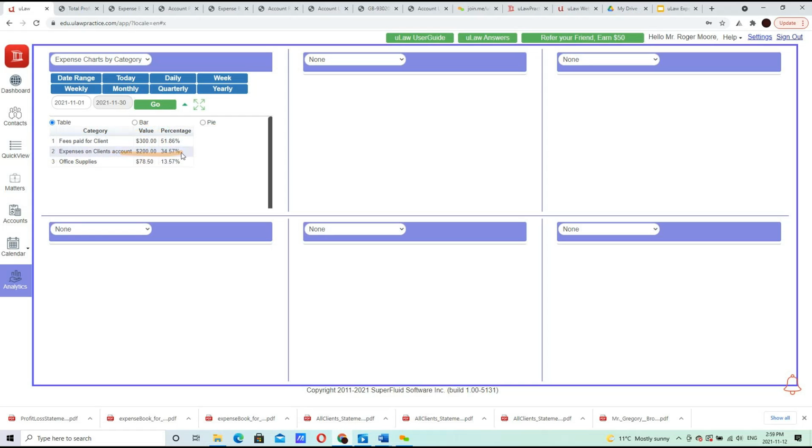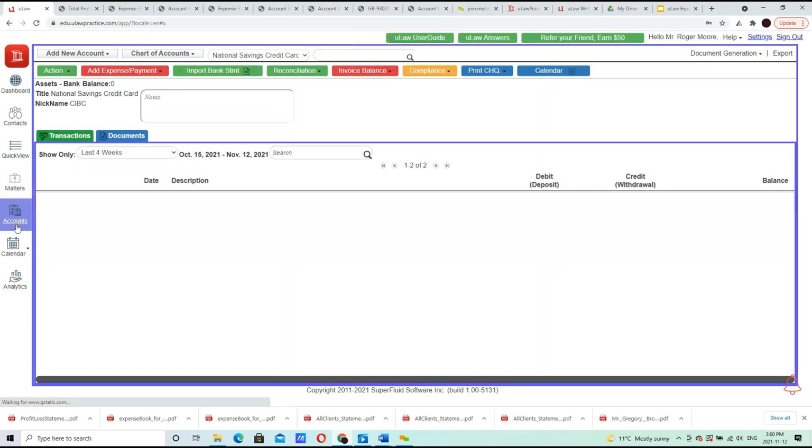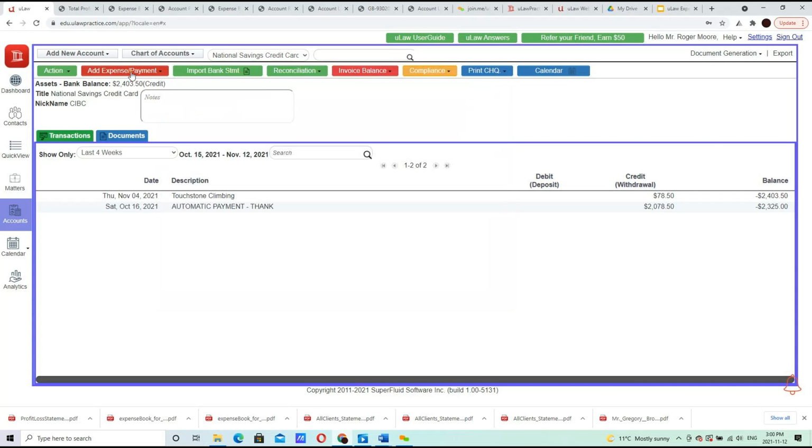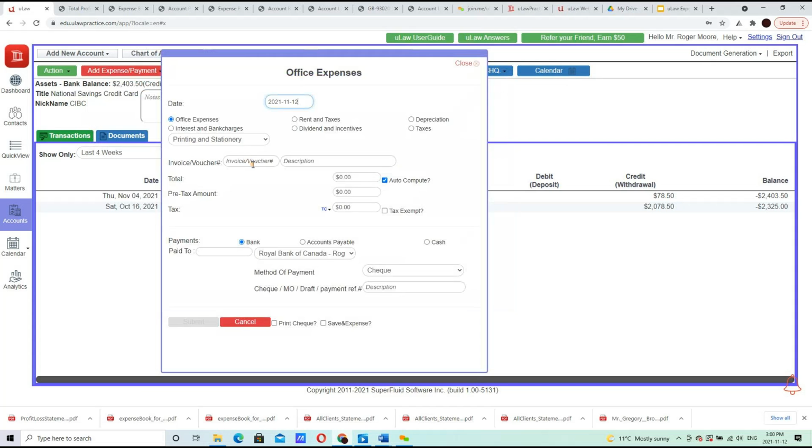Okay, you can see your disbursements are higher than office expenses, which is great because this is a very healthy expense book because most of this are recoverable. Okay, so whether it's client-related or office management-related, you have the ability to capture all these expenses with particulars as and when it occurs or after a date range by importing or choosing an import file or directly connecting with your bank or just adding them one at a time. It's all the same screen,